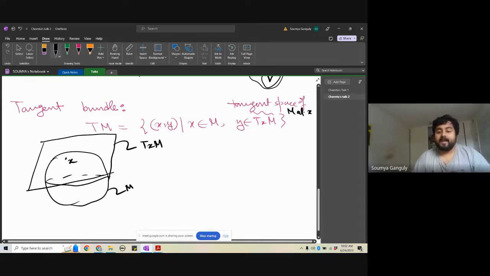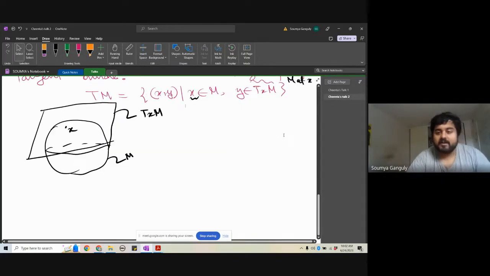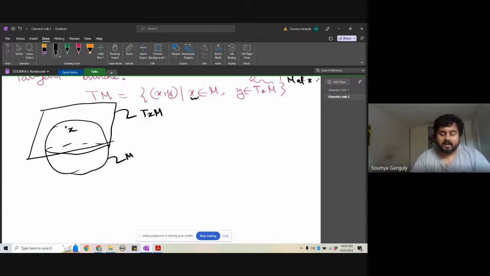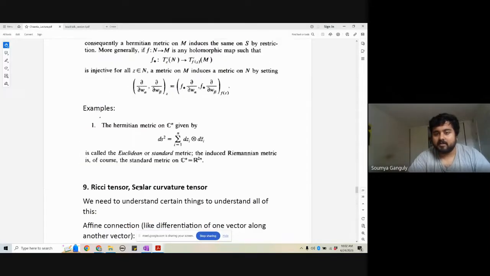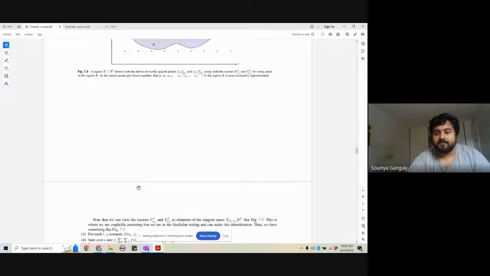So basically the tangent bundle is the collection of all the points on the manifold M along with all the tangent spaces at those points. It also gives you why it is called a vector bundle, because you are joining a bundle of vector spaces together and making a manifold out of it. So how does it look? Let me try to draw a picture so that you understand what a vector bundle looks like. In fact, probably more than drawing, if I show you some computerized drawing, that is probably easier. Let me try to show you something.